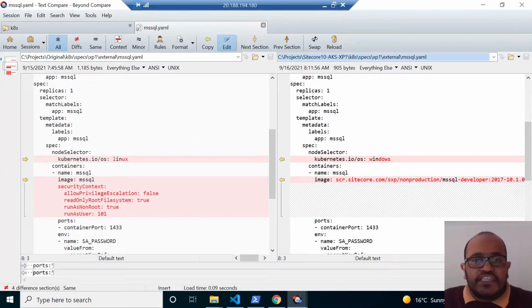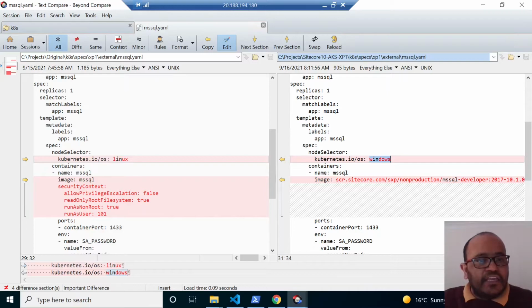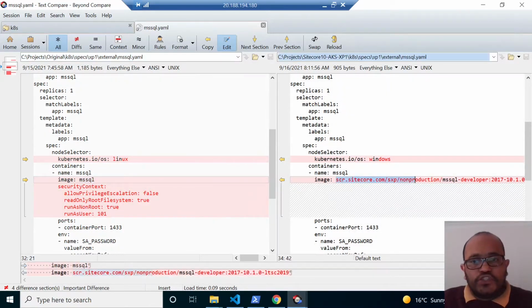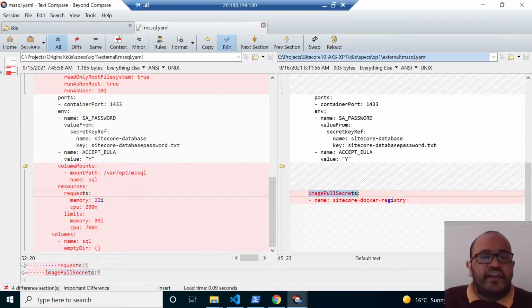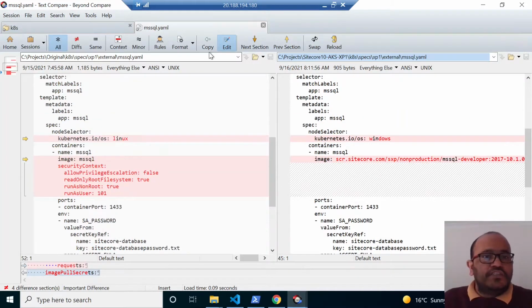Another change I made: I don't know why, but Linux was there in the default script, and I changed it to Windows, and the image was MS SQL, and I changed it to my MS SQL server. I also added image pull secrets, that is the Sitecore Docker registry. It is not required, I just added it in case I want to access the custom images. Okay, these are the changes I made.